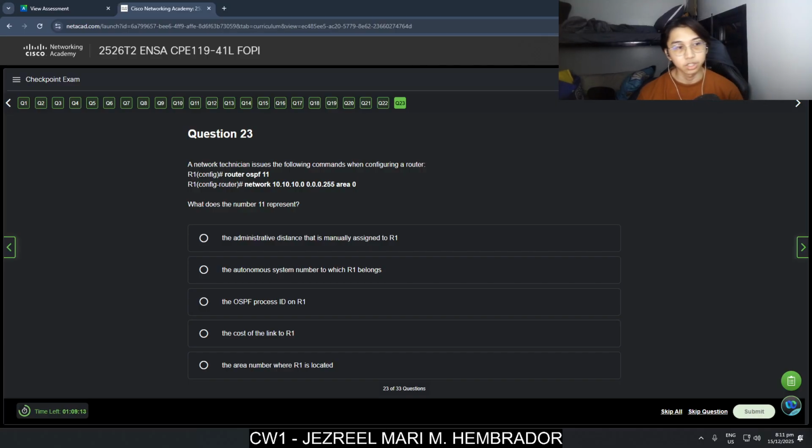A network technician issues the following commands when configuring a router. R1(config)# router OSPF 11. R1(config-router)# network 10.10.10.0 0.0.0.255 area 0. What does the number 11 represent?